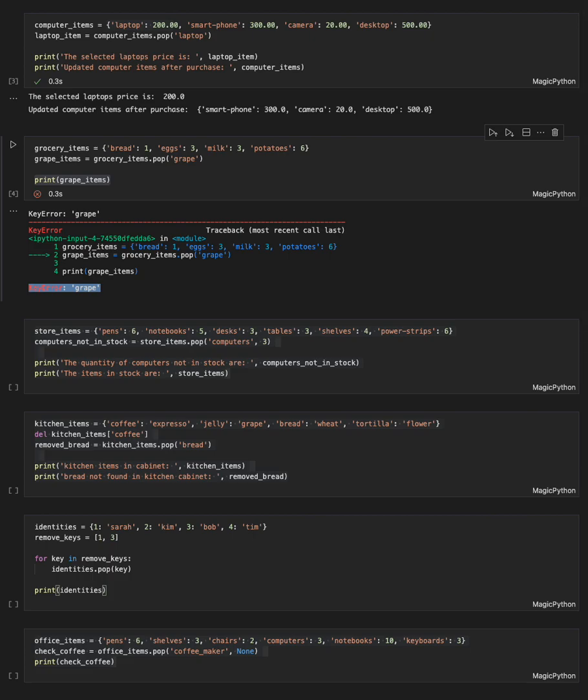So as the output shows, if you use the dictionary pop method and try to remove a key-value pair element that is not in the dictionary, then a KeyError exception will be thrown, and print the attempted key that was passed to the dictionary pop method. Okay, so on to the next